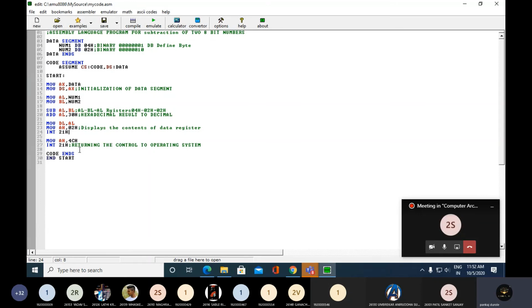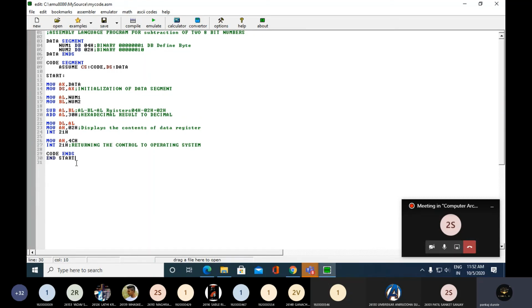Those functions help us in performing different operations. So mov ah comma 4ch will return control to the operating system with the help of int 21H. Once the control is returned to the operating system, your code has ended. This is the syntax for that.